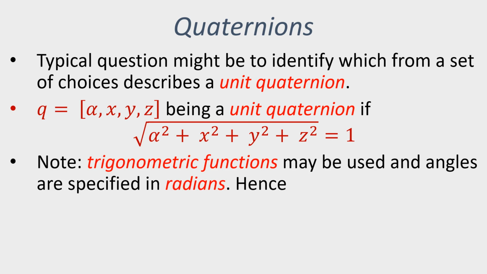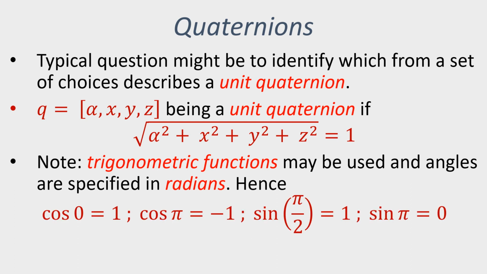What you'll often see in the specification of quaternions is that they use trigonometric functions, and the angles in these functions are thought of as radians. So we have these standard relationships: the cosine of 0 is 1, the cosine of pi is -1, the sine of pi divided by 2 is 1, and the sine of pi is equal to 0. We looked at something called